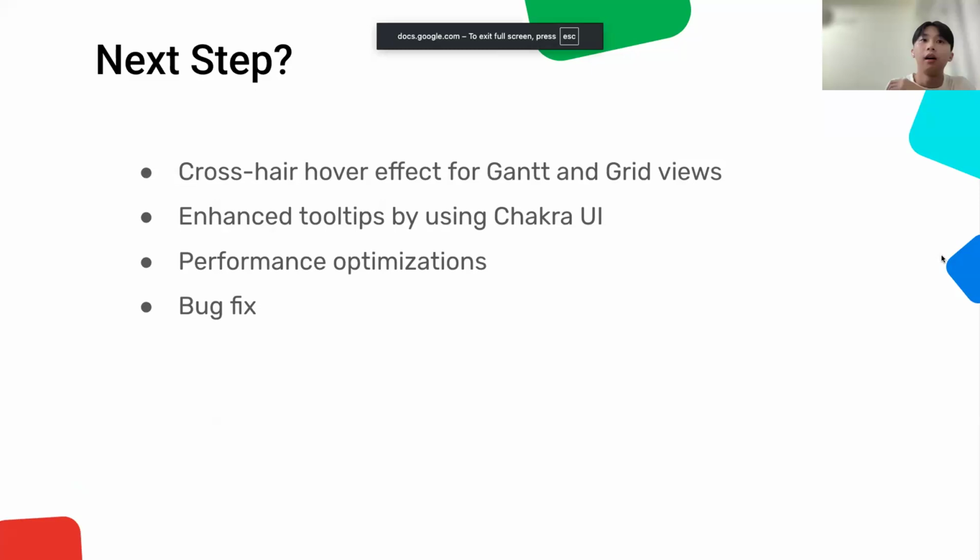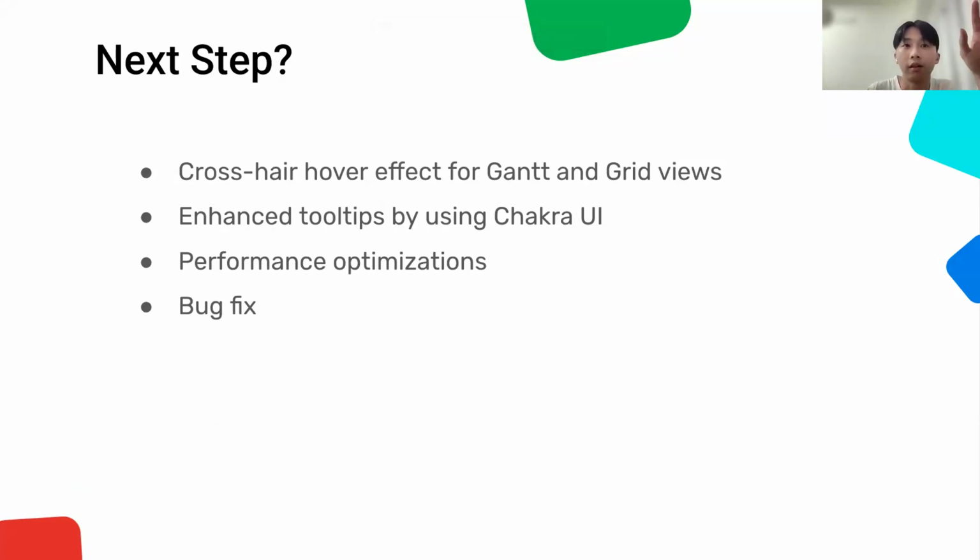So what's next? Looking ahead, here's what we plan to improve. The first one is we need to add the crosshair hover effect between Gantt and grid, since currently it only syncs the selection effect. Second, we will re-implement the tooltip using the Tracker UI to keep it consistent and efficient.